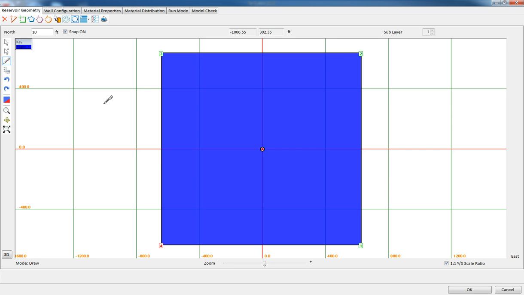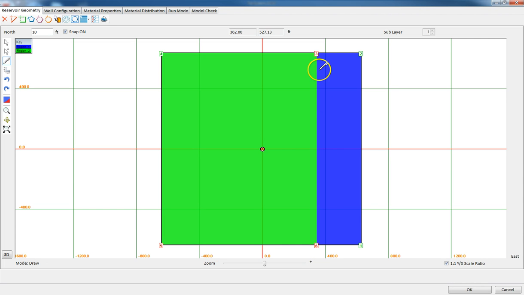Now we want to create a finite fault. We have the vertical wellbore at the center here. In order to create a finite fault, there are a number of different approaches, and the approach that you take will depend on the other characteristics or aspects of the reservoir. But if we want to create a simple finite fault, the two basic ways of doing it are as follows. Either we create a second region. Now, just to note that this line or any internal line can be converted to a fault